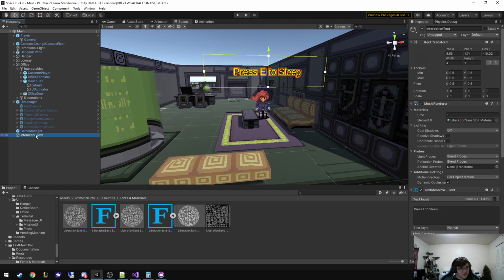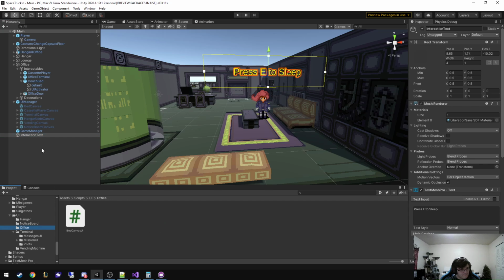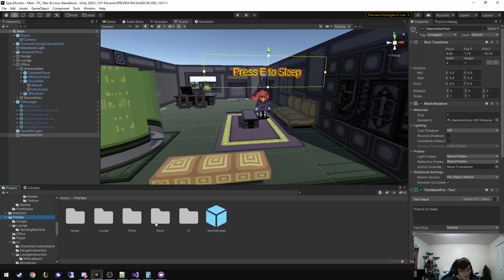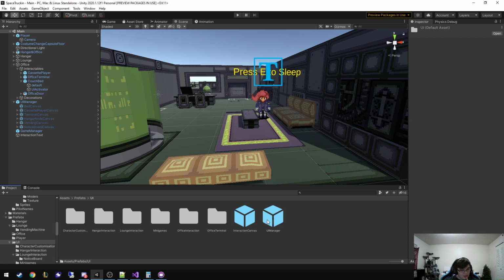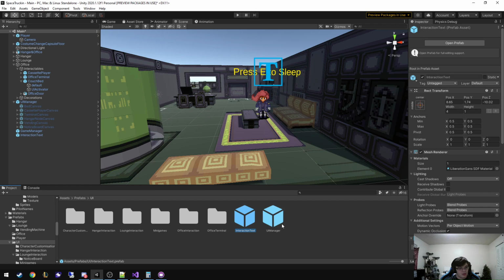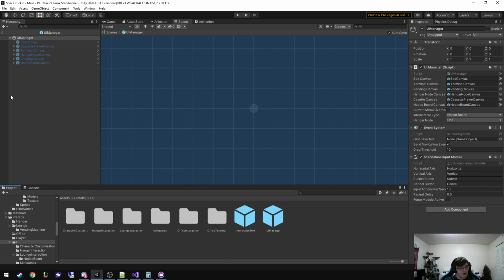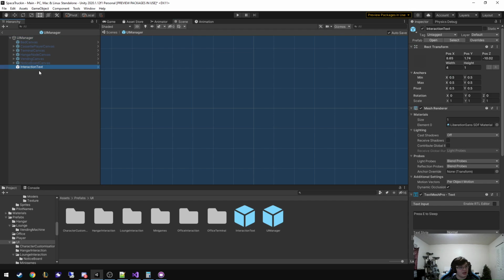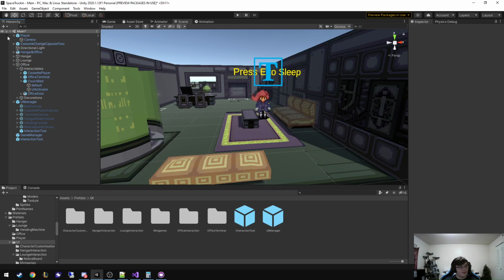Okay, so the interaction text now needs to be a prefab. So we go to prefabs UI, and we don't need U anymore. And so now we go to the UI manager. We add the interaction text as a child. And let's just make sure it still works. It does. Okay, so now what we need to do is when you're interacting with something,